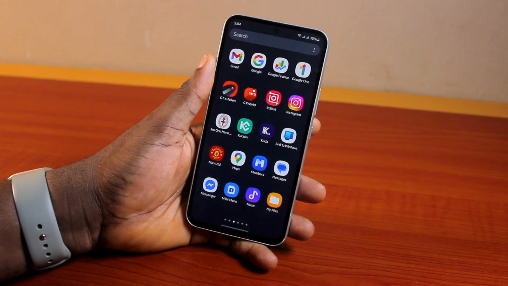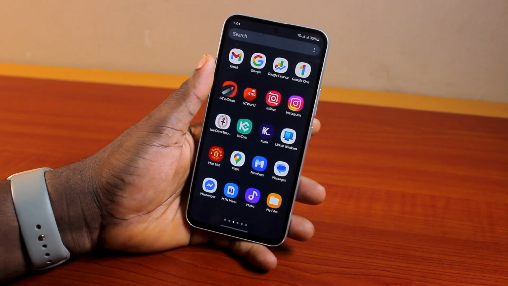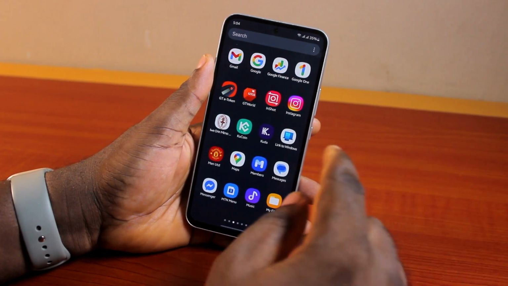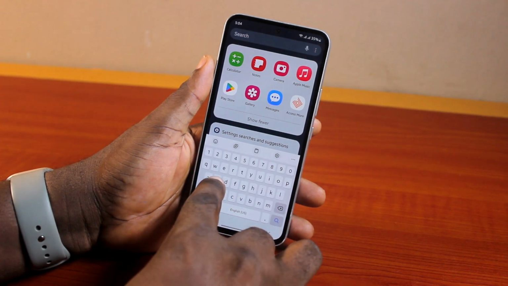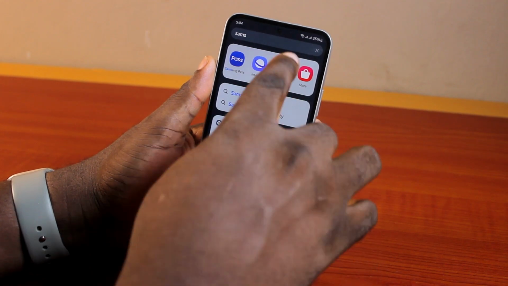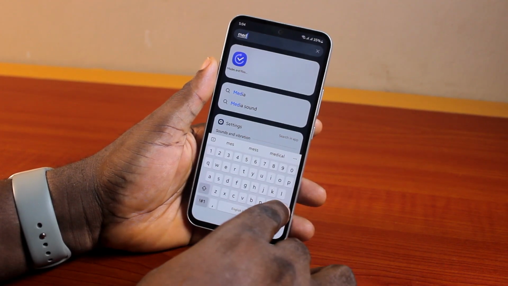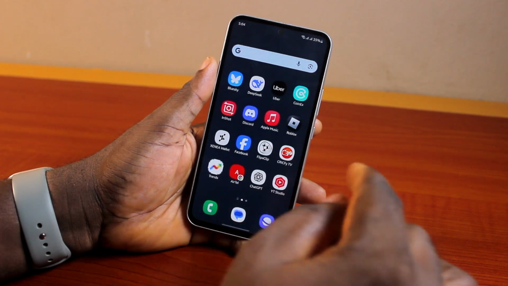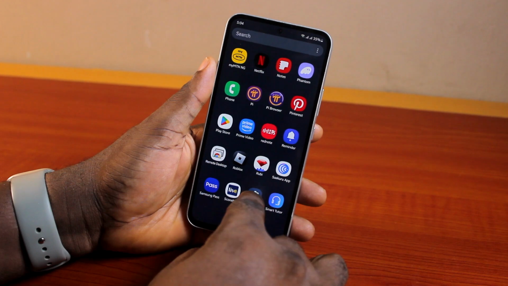Here, I'll detail how to change the default messaging app on the Samsung Galaxy A54. On your Samsung Galaxy devices, you have the Google Messages application, and then you have the Samsung Messaging app. So if you want to change or set the default messaging app on the Samsung Galaxy A54, then here's a video for you. The first thing to do is go ahead and open the Settings application on your Samsung